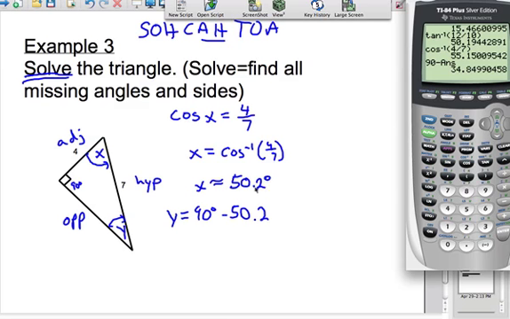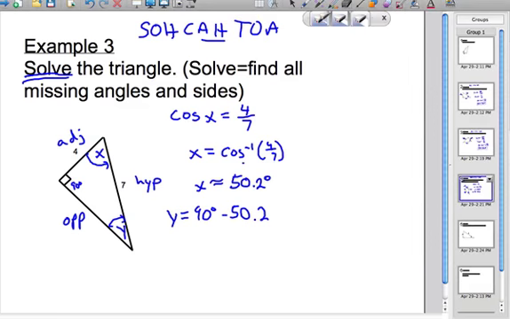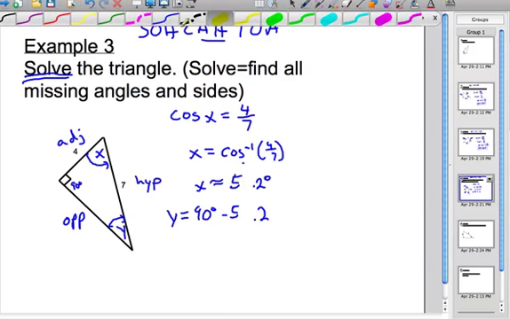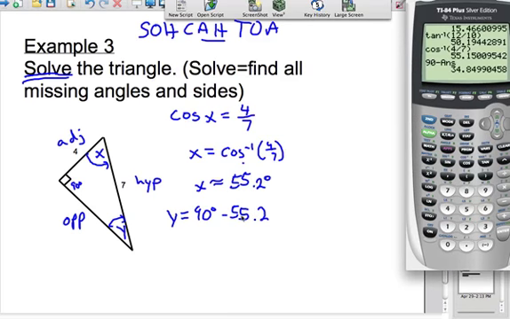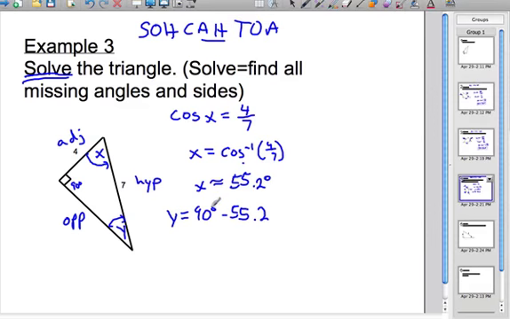And I just noticed a mistake I had here. This was 55.2. So let me go ahead and fix that error as well. That was 55.2, and when I subtract it, I get 34.8. So y equals, I should use approximately equal to 34.8, because this is a rounded number anyway,